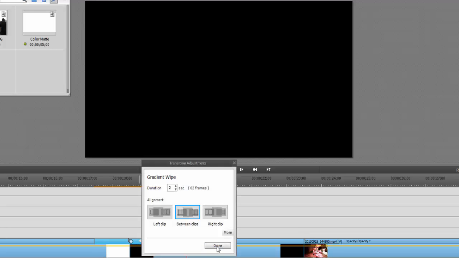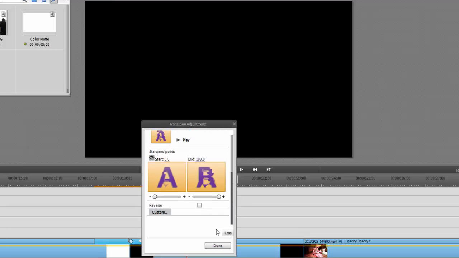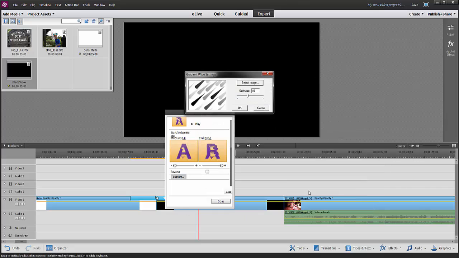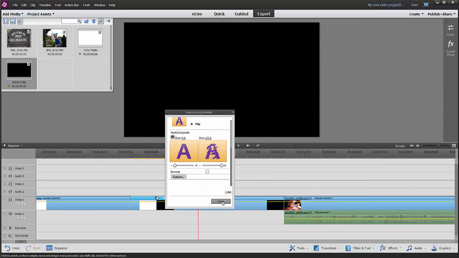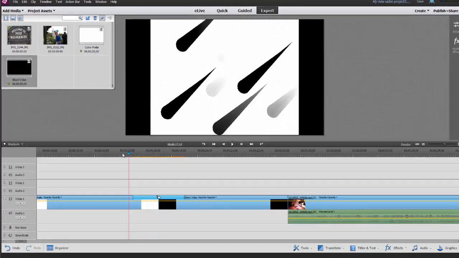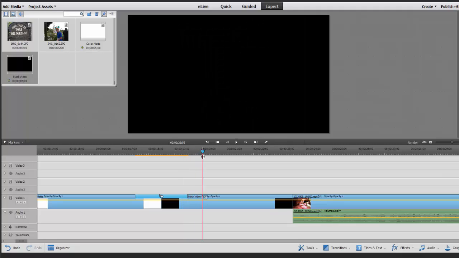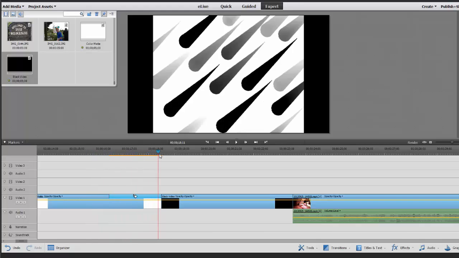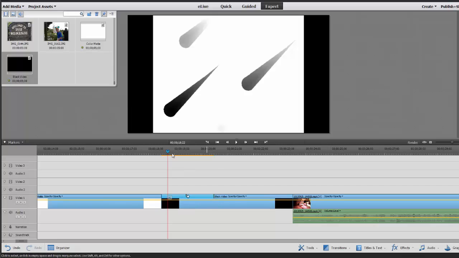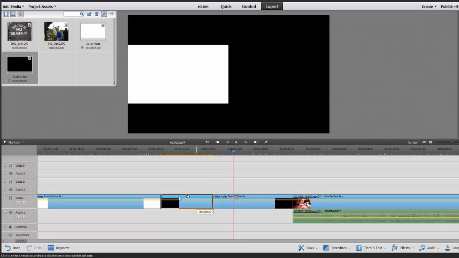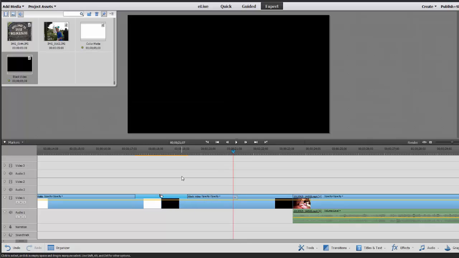Let's go in and go to More and down to Custom, and let's select a different image, and let's do the meteors. Click Open and click OK, click Done, and then here's what the meteors look like. So that's pretty cool. We can set the transition further over to either side or anywhere in between. And to adjust the transition to the best possible position will depend on the clips that you're transitioning to and